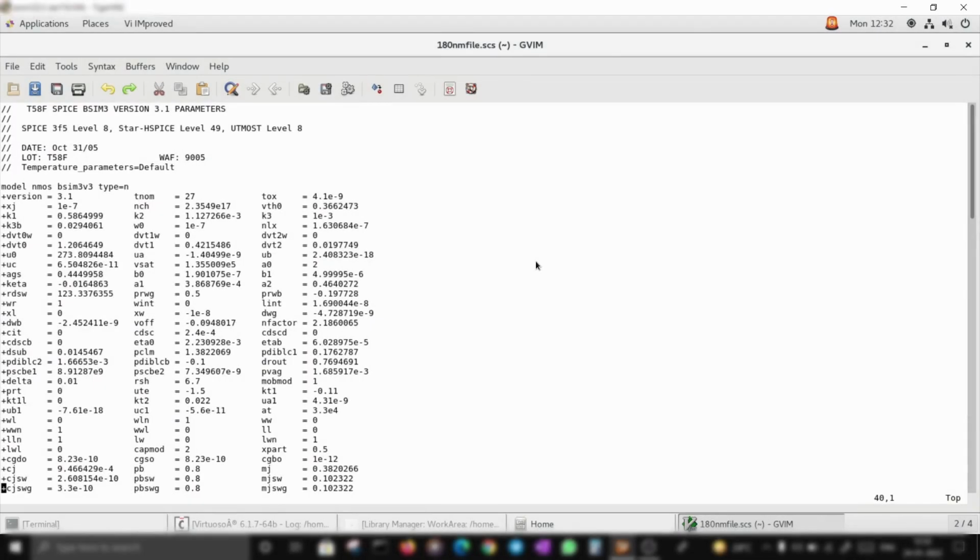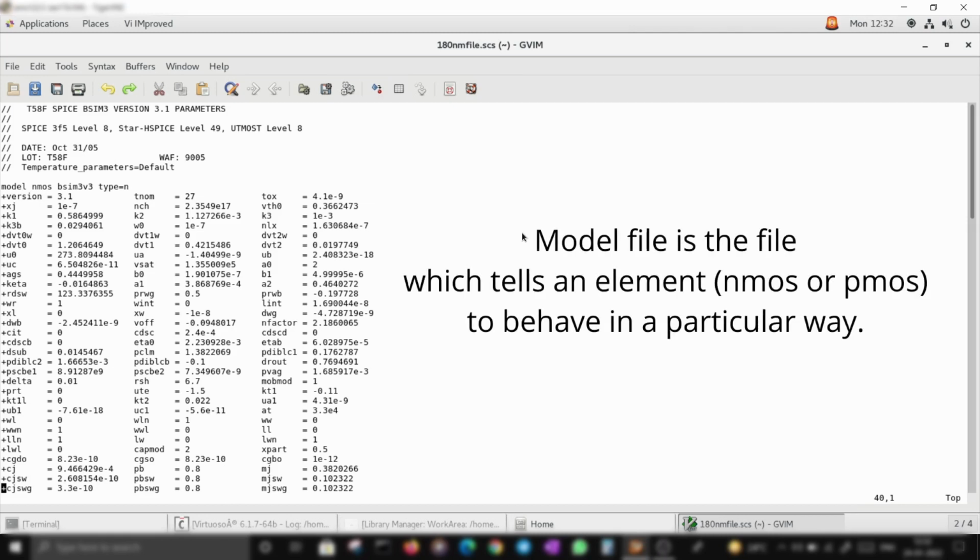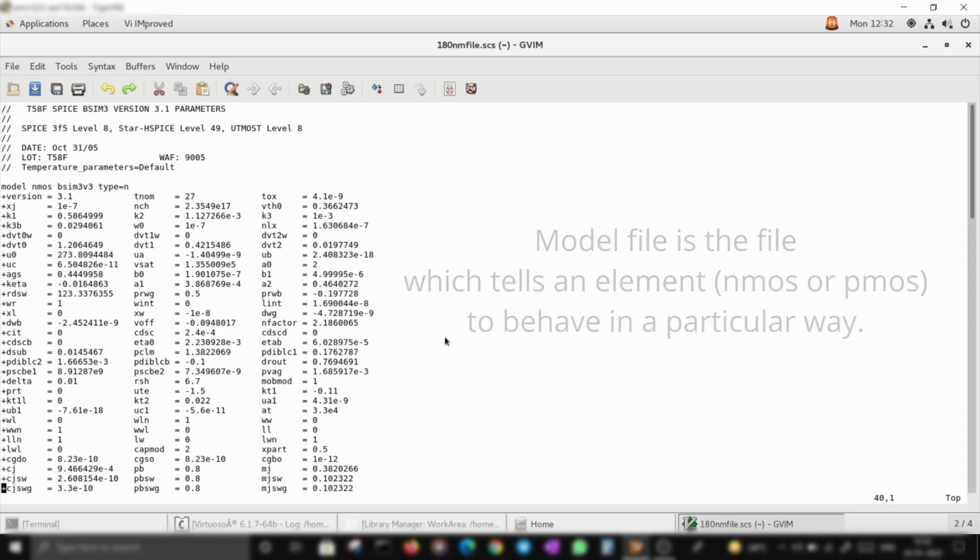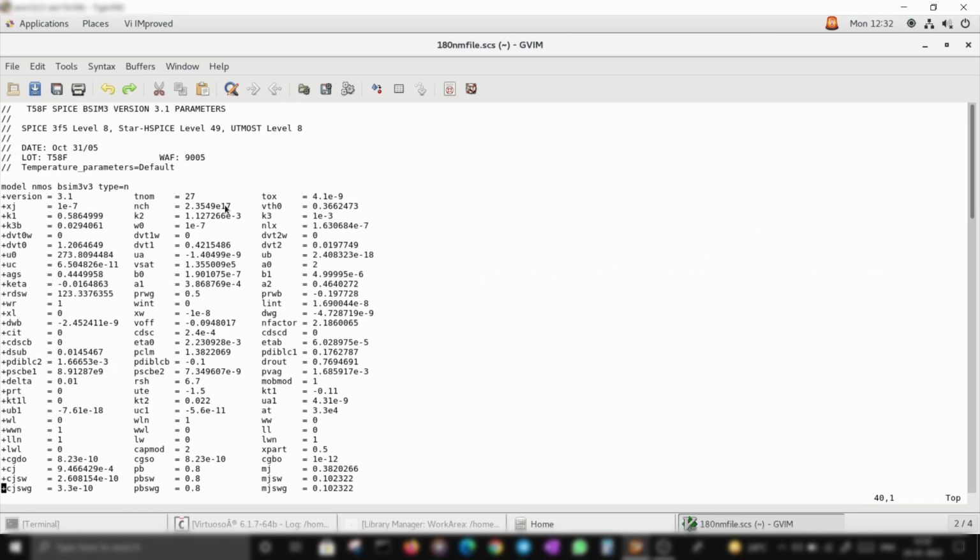In this video, we will see how to use MOSFETs, how to do simulations with MOSFETs in CAD and schematic. Every MOSFET has some parameters. The MOSFET is an active device which has some governing parameters for its function. That is what is called a model file for that MOSFET, which has all the governing parameters like you see T nominal, T aux, VTH, etc. There are several other parameters.